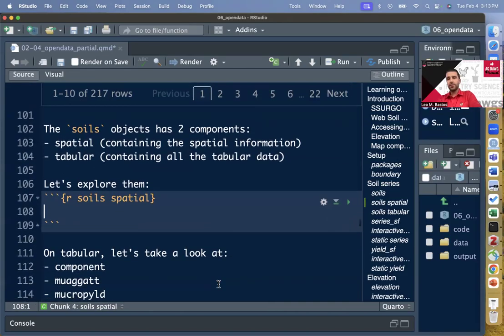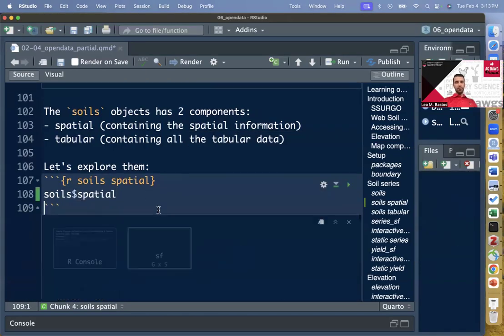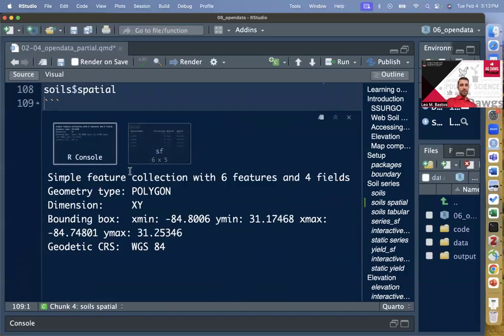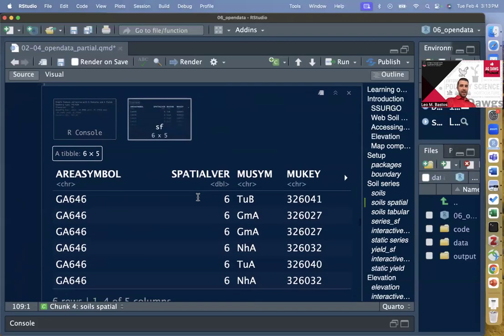So we were about to explore the spatial component of this soils object. If you just type soils, give it the $, you see that it has a spatial option. If you click on that and print it, this is basically an sf object. It is an sf object of type polygon, WGS84. And on the data side, it has 5 columns: area symbol, spatial layer version,